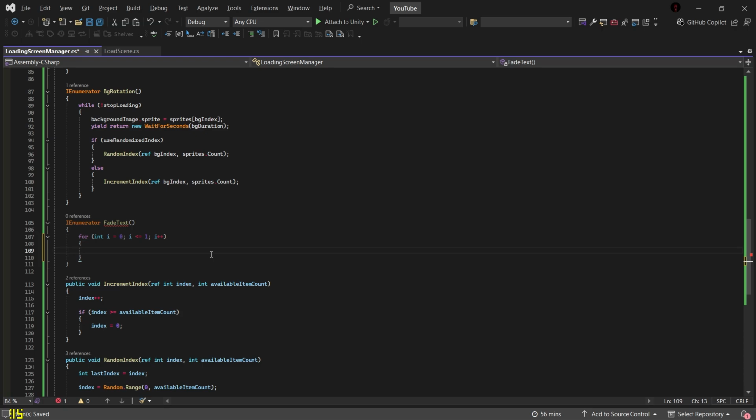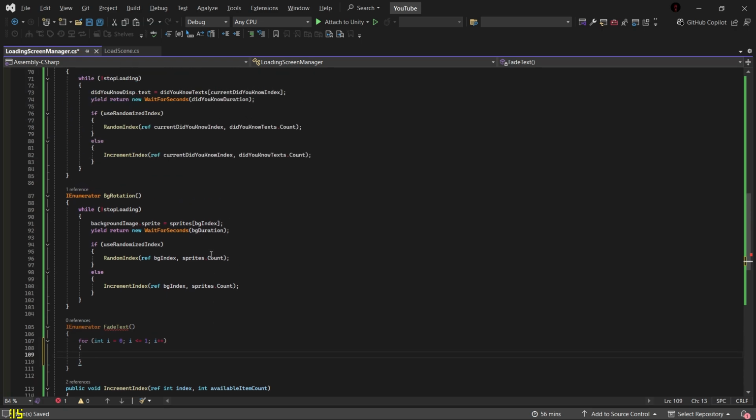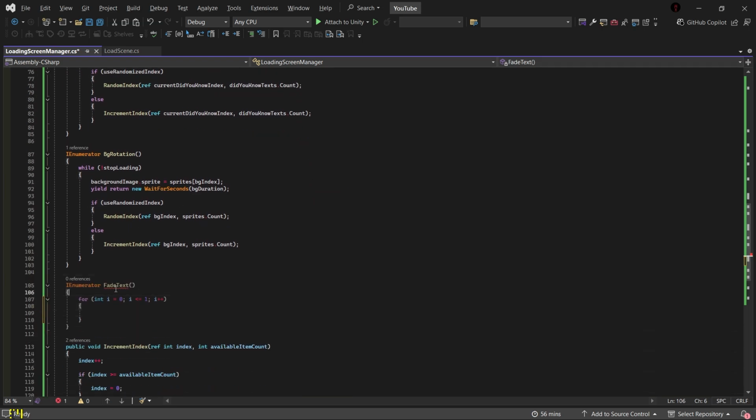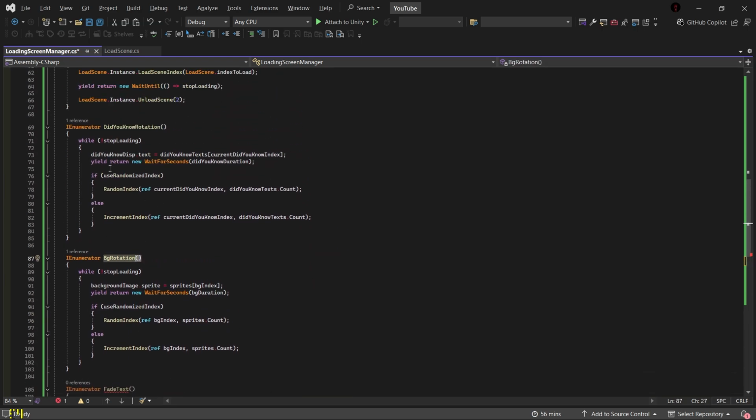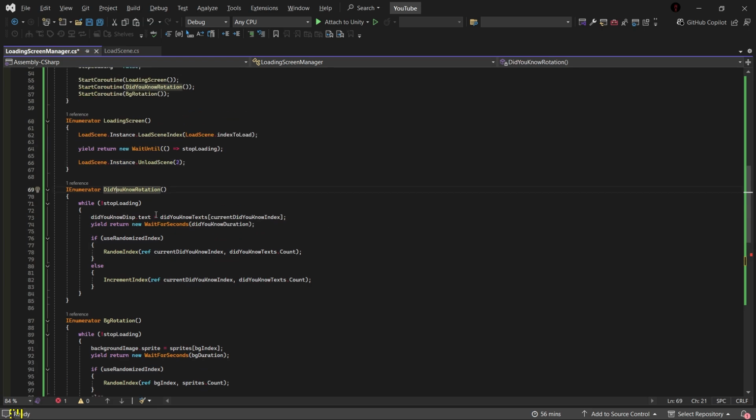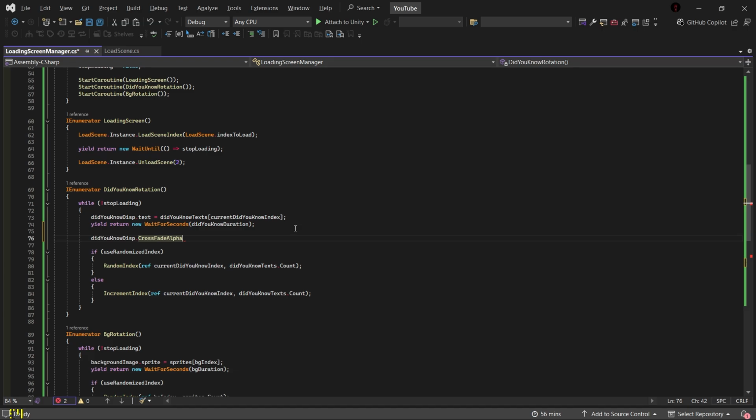And here we are going to access the text. Did you know display that alpha? Oh, we have crossfade alpha for this one. Okay, so for this one we can just use this then. Actually, we'll have to use this one for the images only. Great. So for the degeneration, here we've got this one, and then here let's just do crossfade alpha